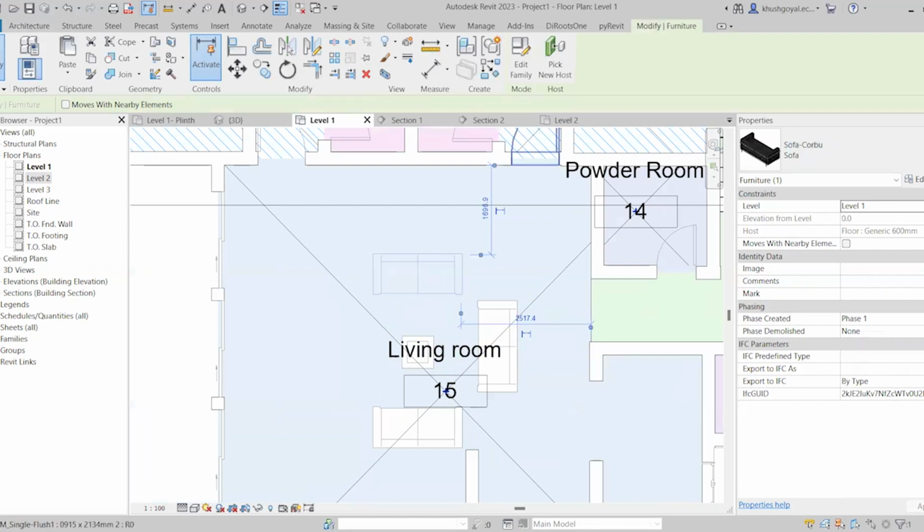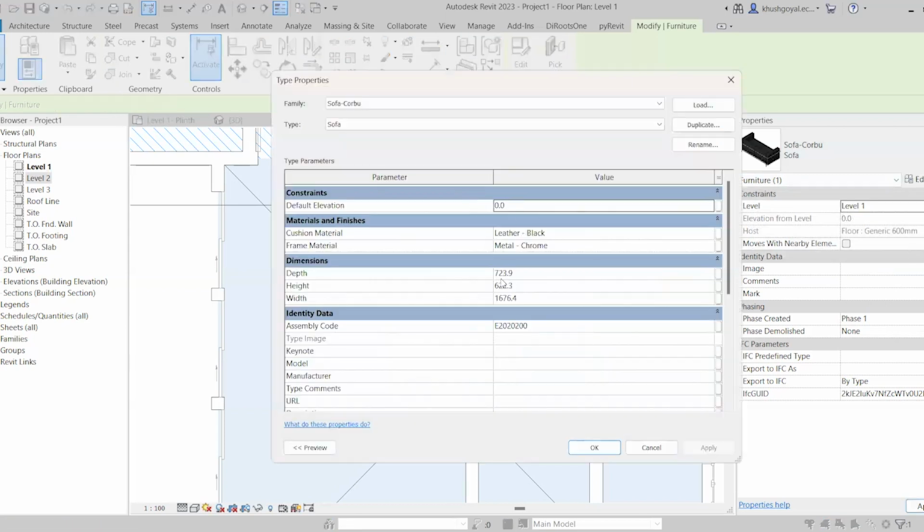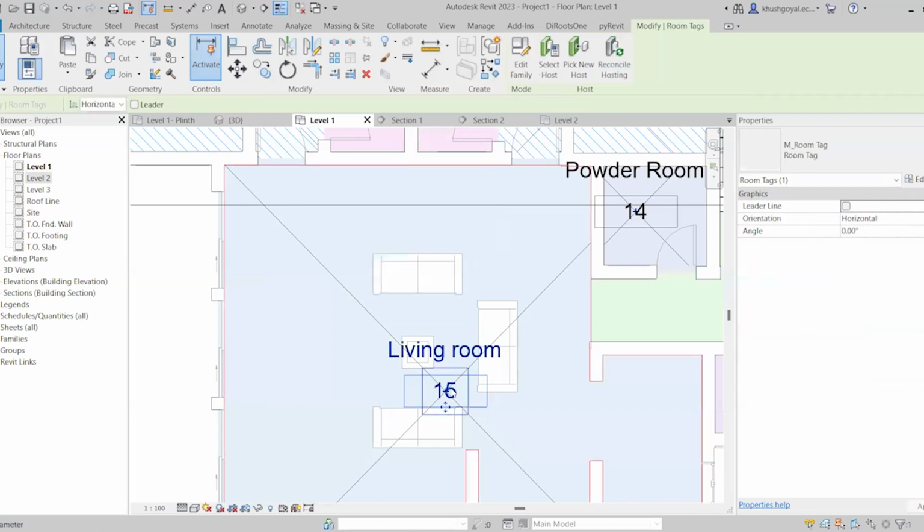You can even change the level of it, like you can change on which level you want it. You can go to edit type, and you can change the depth, height, and width of it. You can change the material, like if you want a different cushion material or a frame material, you can change using that. For the tables also, if I select this table option,